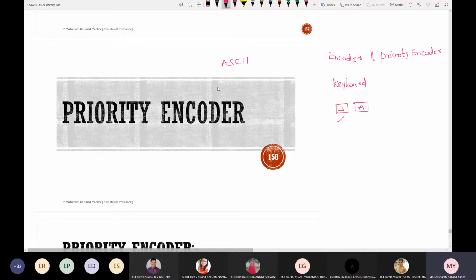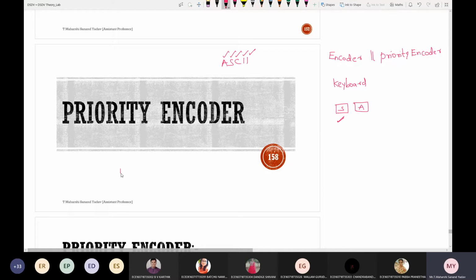ASCII code. What is the ASCII full form? American Standard Code for Information Interchange. Based on this criterion, S will have the highest value. So that's the reason high priority will be given to S rather than A.